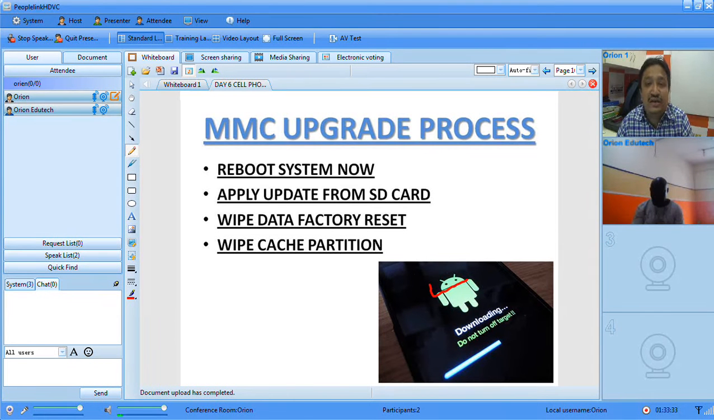Yeah. After that, when the software is complete, you will press reboot system now. That means the cell phone reboots once again and it's working normally, as when you purchased it from the market, and all options appear here. But one thing remember,